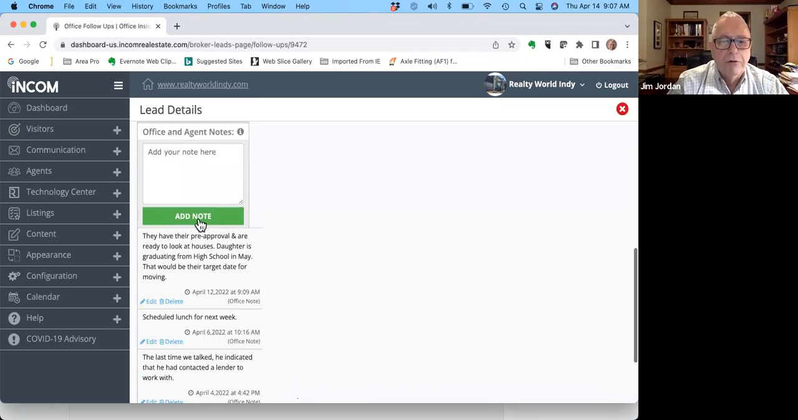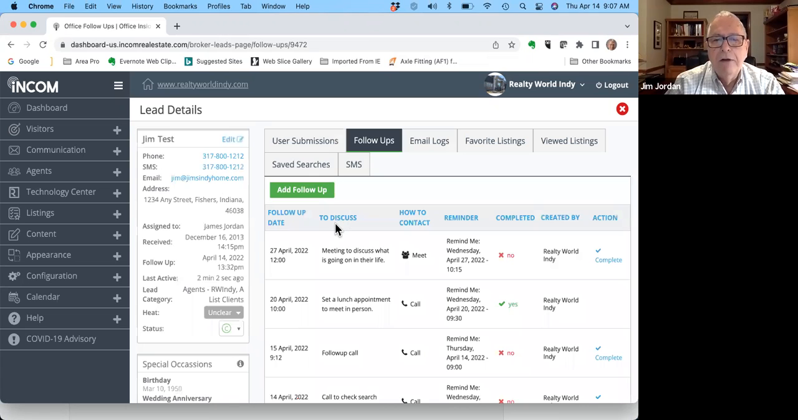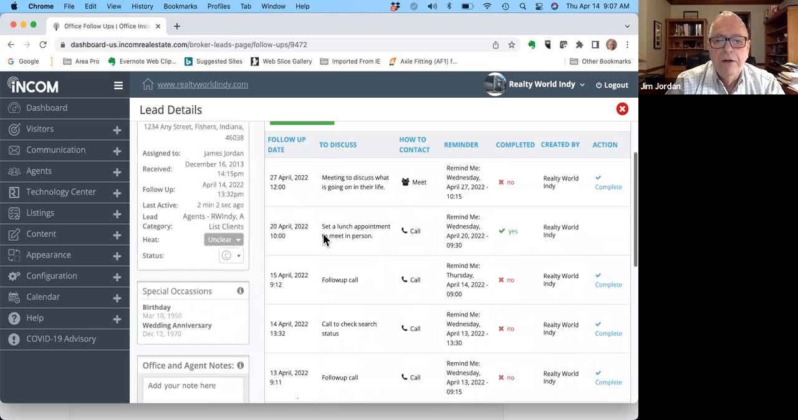And then here's your notes from prior contacts. So the last time I contacted them, they have their pre-approval and are ready to look at houses. Their daughter is graduating from high school in May, and that would be their target date for moving. Okay, so after reading that note, my follow-up is to, which was due,